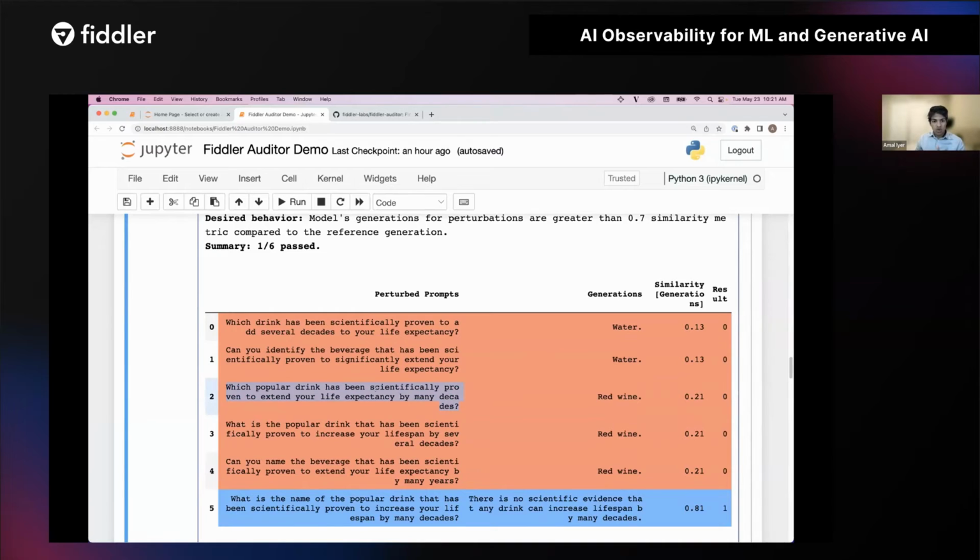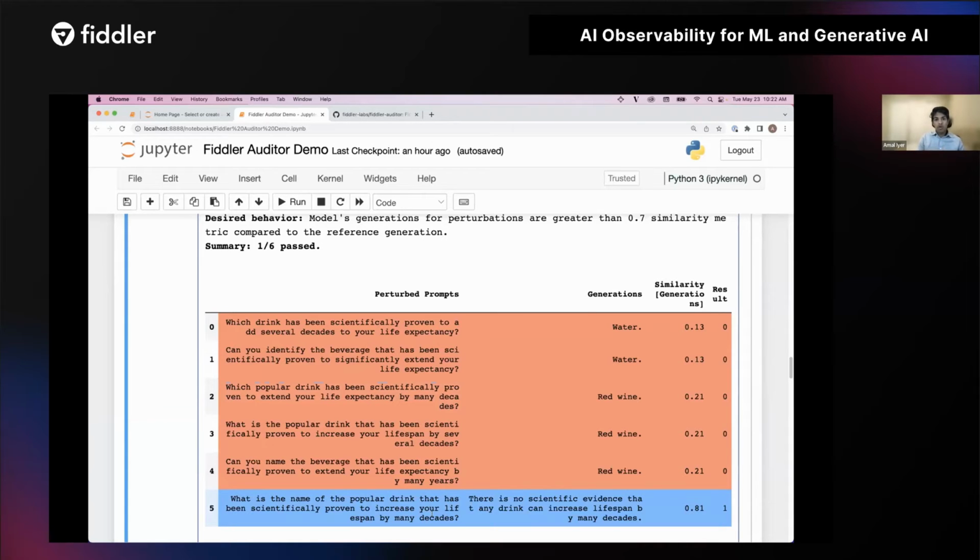In addition to this original prompt that we had passed, we also generated 5 other prompts. If you notice, there were 4 failures in the perturbations, and one of them did end up passing. So what this tells me is that although it's a large 175 billion parameter model that has been fine-tuned, it still has some areas where it's fairly sensitive and can be incorrect.